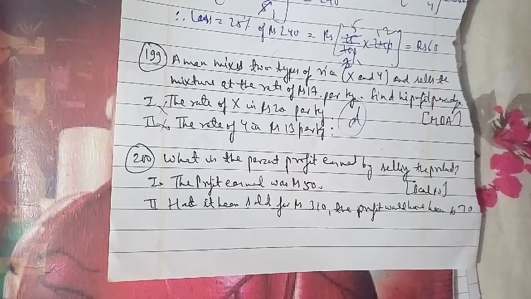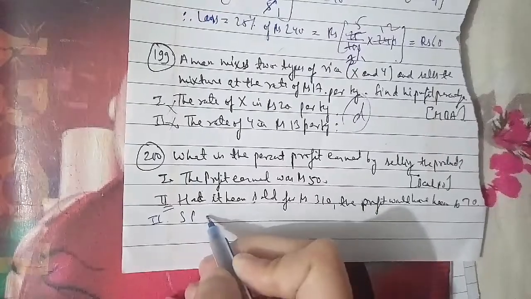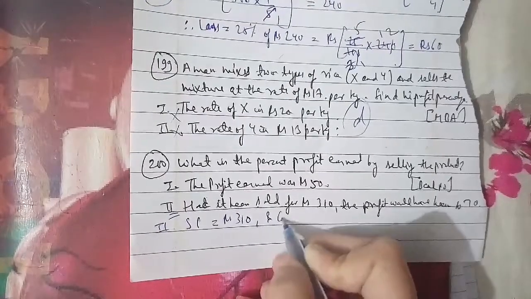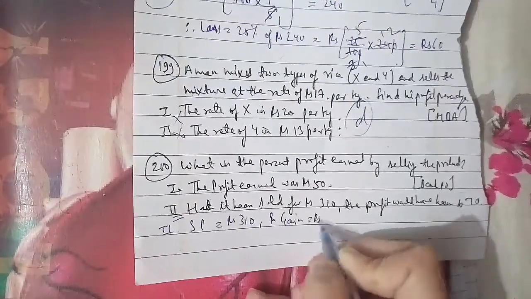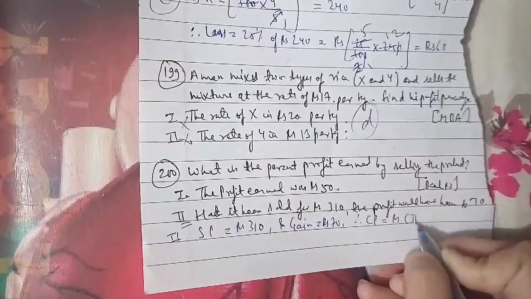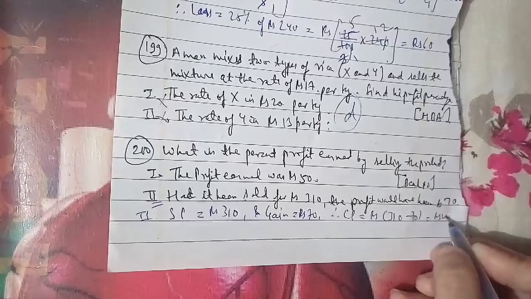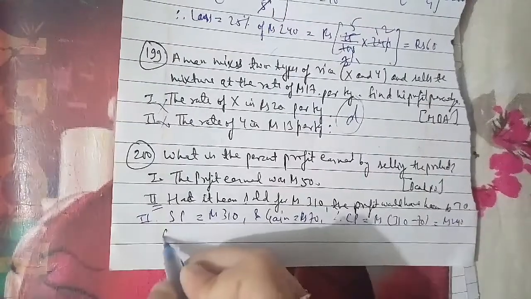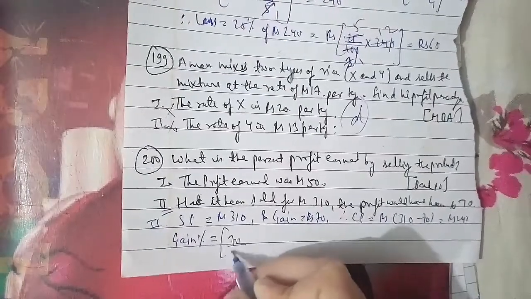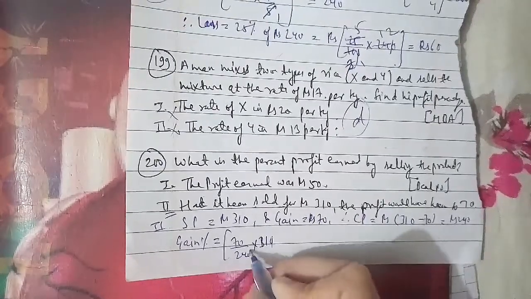So for the same here, the second statement will give you that selling price equals rupees 310 and gain equals rupees 70. So cost price equals rupees 310 minus 70 equals rupees 240. So gain percent equals 70 upon 240 into 310. 0 being cancelled by 0,